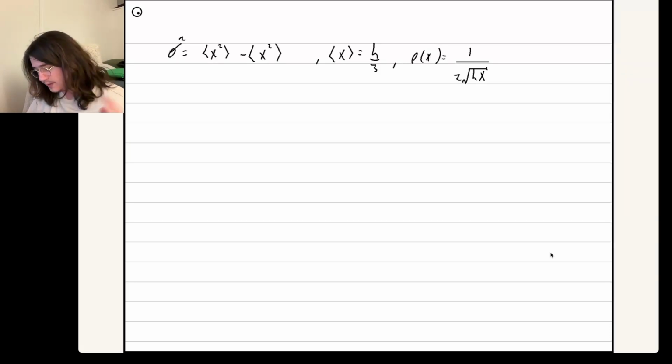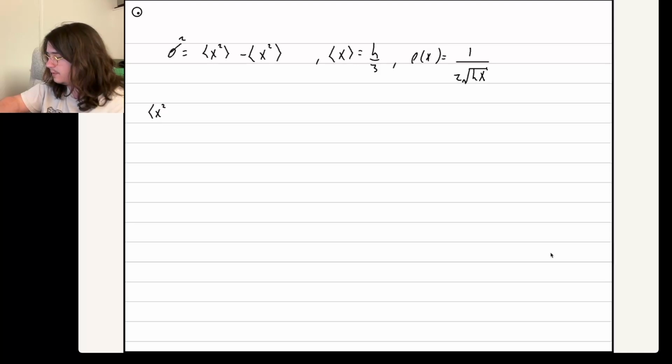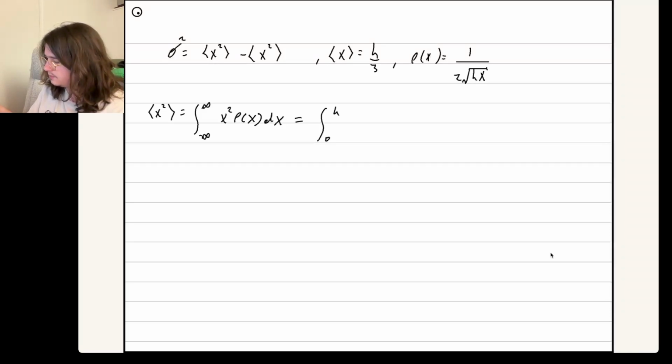Also, in the example where this distribution was talked about, they already calculated the expectation value of x, which is h over 3. So we just have to calculate the expectation value of x squared, which will be the integral over all space of x squared times the probability distribution over x. But the bounds of the problem are from 0 to h, so we're just doing x squared over 2 square root hx